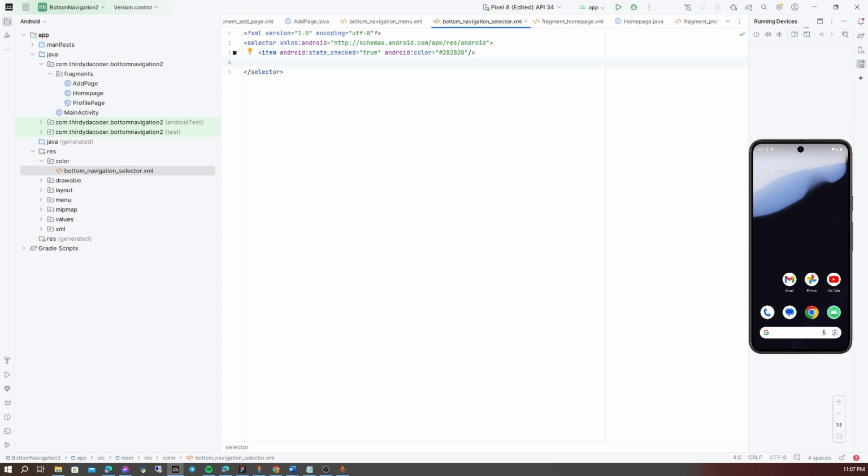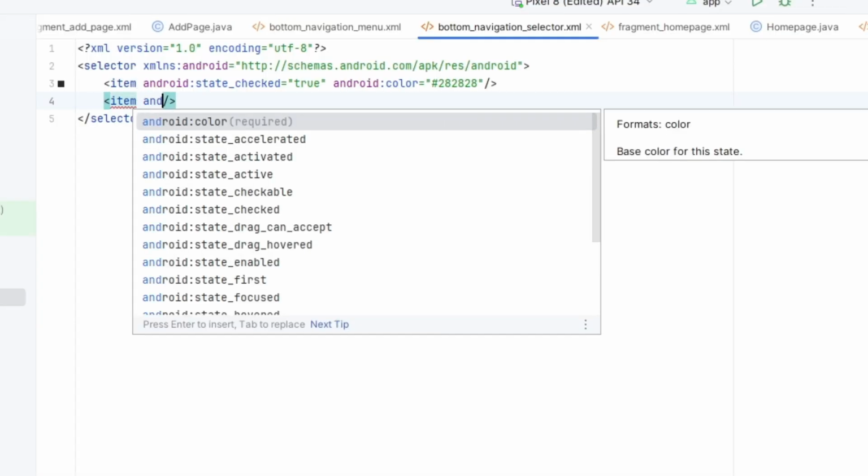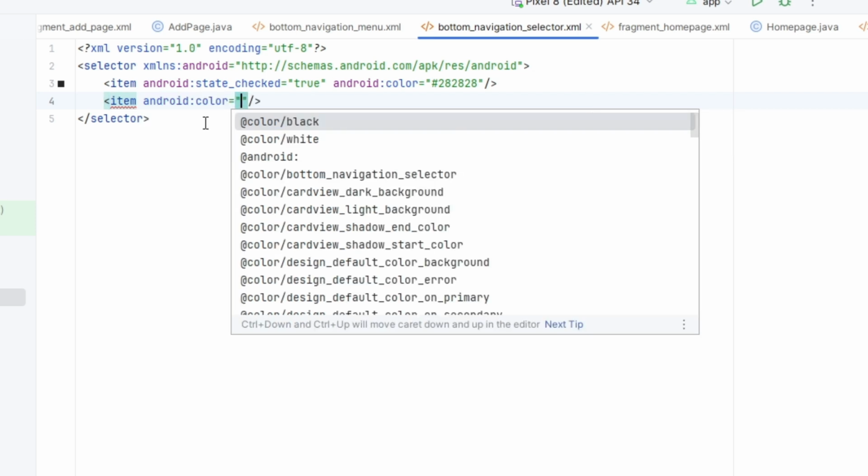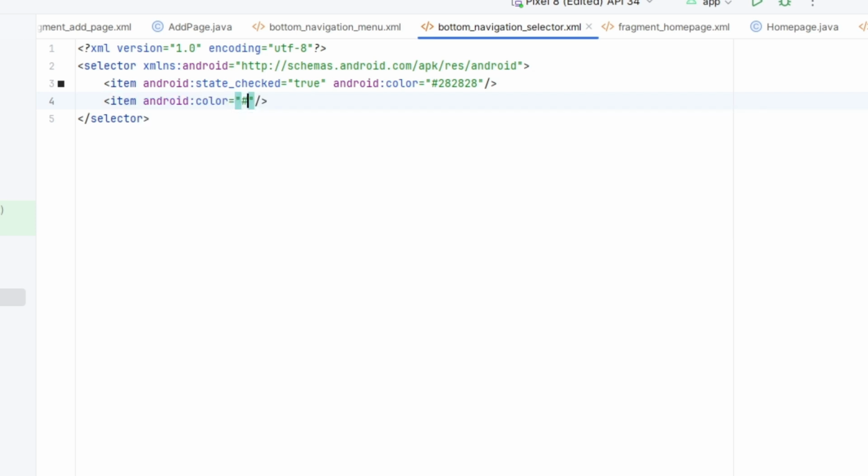For the inactive, we can add this android color as hashtag 928D8D, something dark gray to represent inactive.